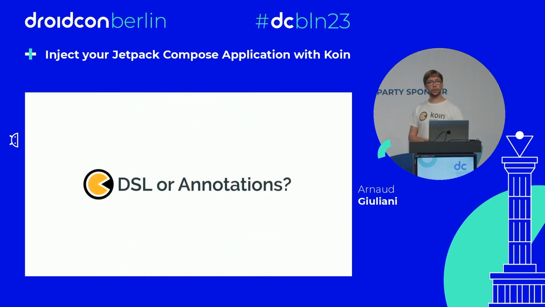One of the questions I have also is, do I demonstrate this for you with annotations or DSL? Because Koin now offers 2 ways to work. It allows 2 kinds of developer experience, from the DSL that is super quick to the annotations, where it's really another way to work, but it's really super interesting also.